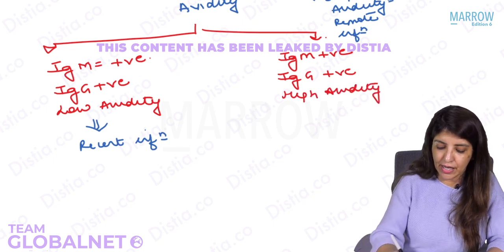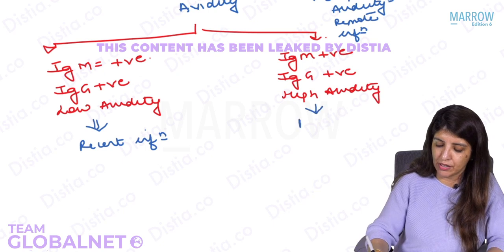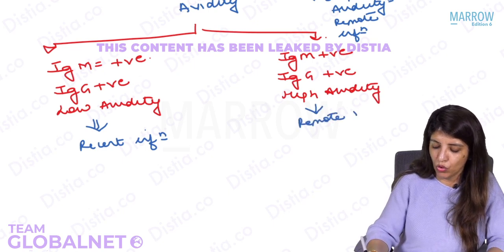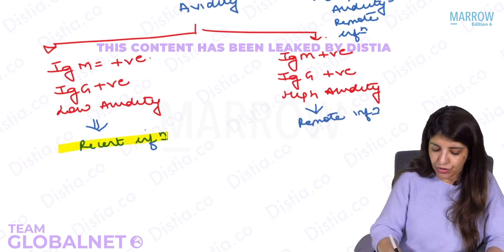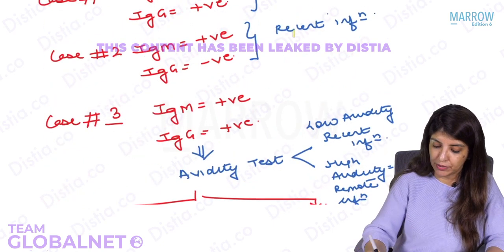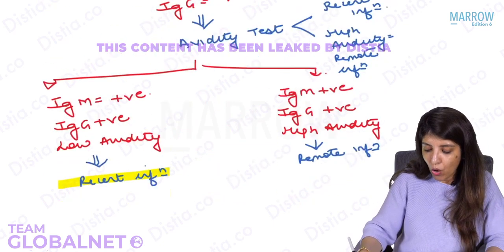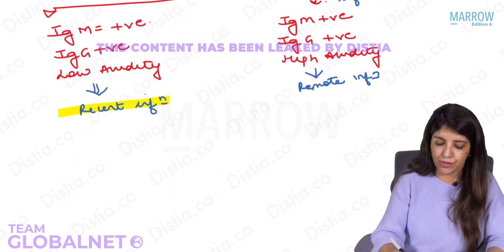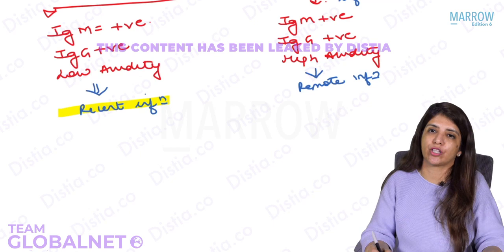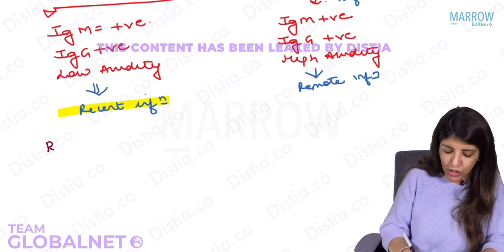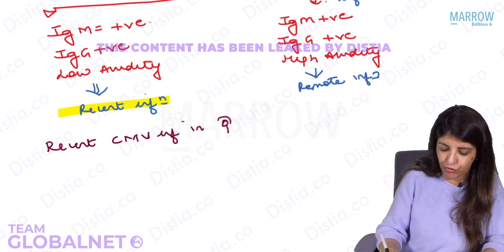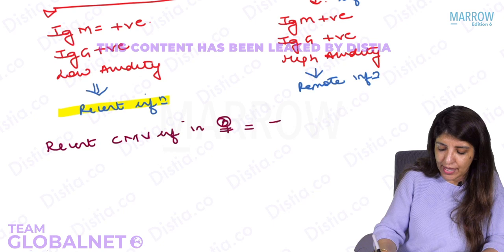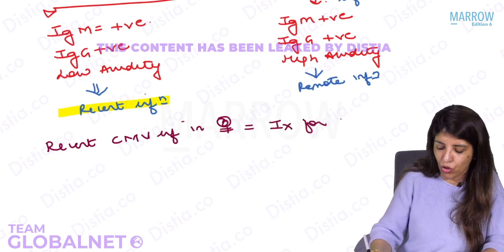If I am getting a high avidity, that means it's a remote infection. Now, whenever you are getting recent infection in the mother, I am worried about whether the fetus is infected or not. So whenever you get recent cytomegalovirus infection in a pregnant female, that is an indication for doing